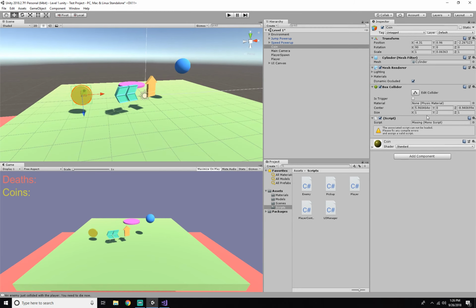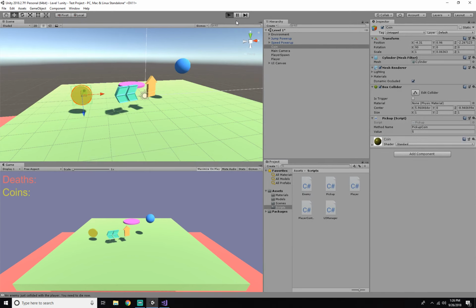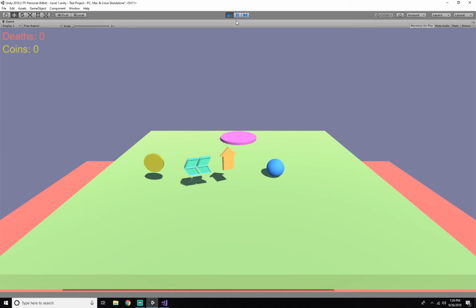We got rid of the script, so now we need to throw that on there. Get rid of this. Pick up coin is the name of the game, and the value is 5. So here's the game as of right now. We've got working power-ups, if we can touch them. Alright, there's our speed. And there's a coin. We got 5 coins in the top left corner, as you can see. And if I can hit the jump power-up,